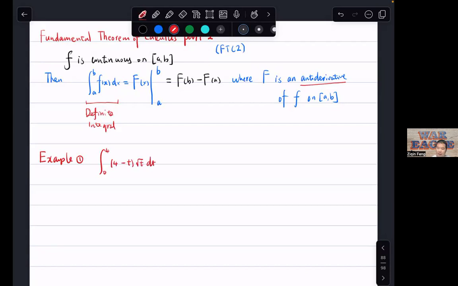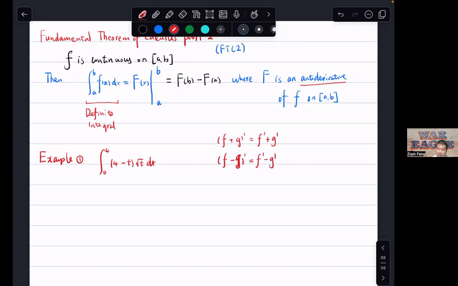We know that by the sum or difference rule, the antiderivative of a sum is the same as the sum of the antiderivatives. You just figure out the antiderivative of each term,